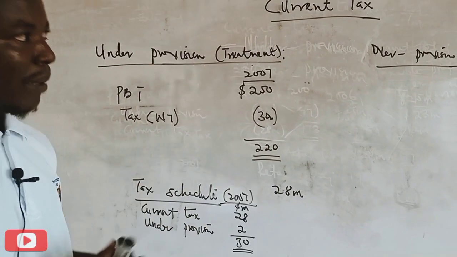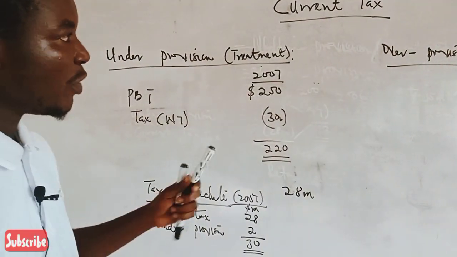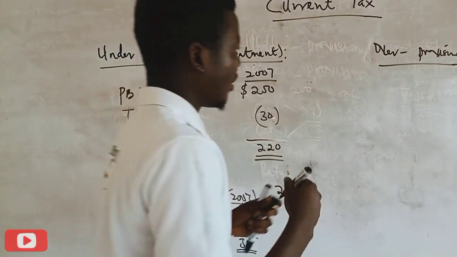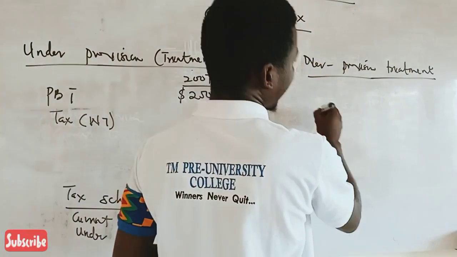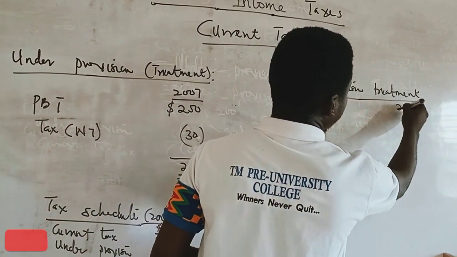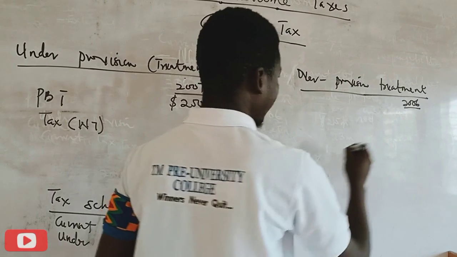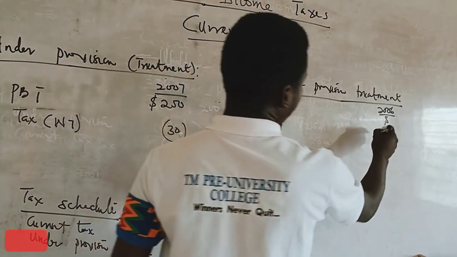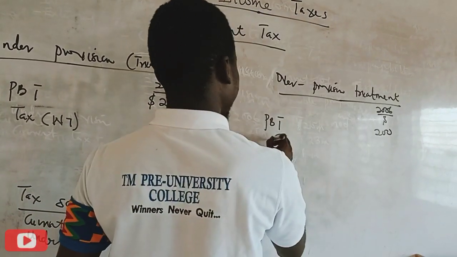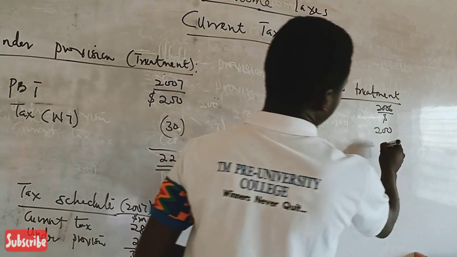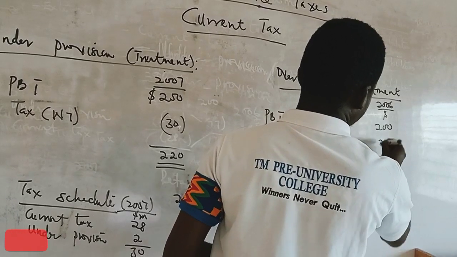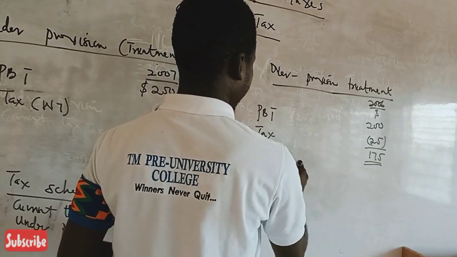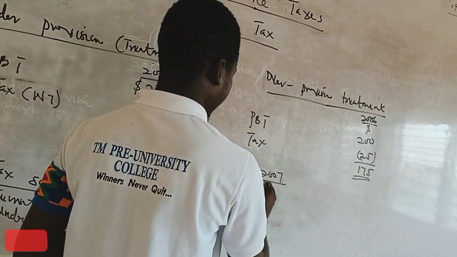But what about over provision? How do we account for over provision? Assuming in 2006, the entity's profit before tax was 200 and the tax estimate was 25. So the entity is going to have a profit of what? 175. Assuming in 2007, the actual tax